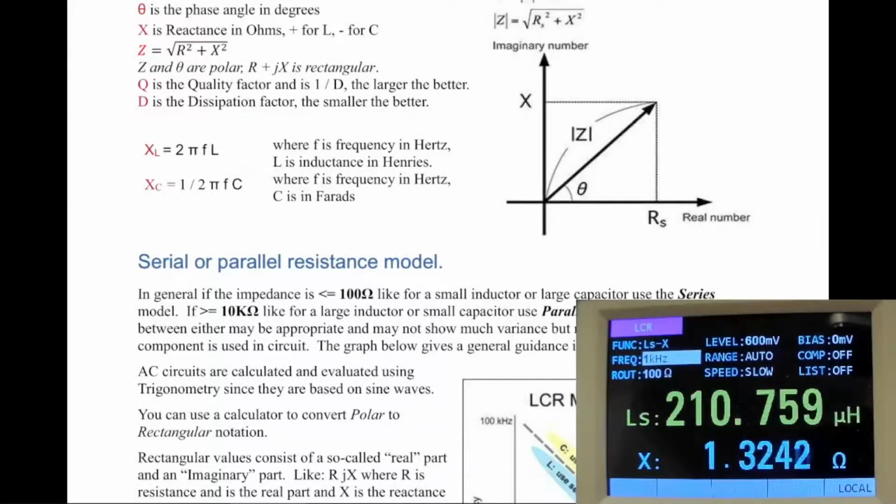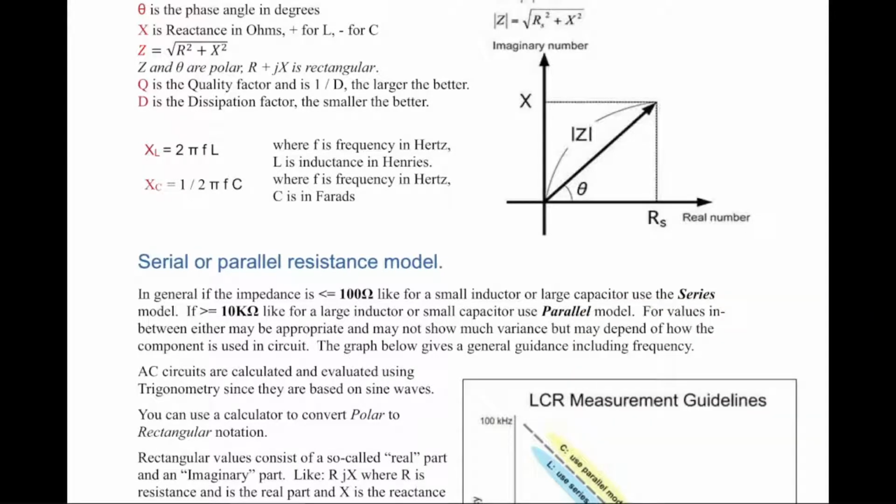In any case, according to this rule here, if it is less than 100 ohms, and that's just a rough estimate, but it's 10 ohms for sure, a very small reactance, like small inductors, you definitely want to be in serial mode. And if it is 10 kilo ohms or more, like for large inductors or small capacitors, you need to be in parallel mode to get an accurate reading,